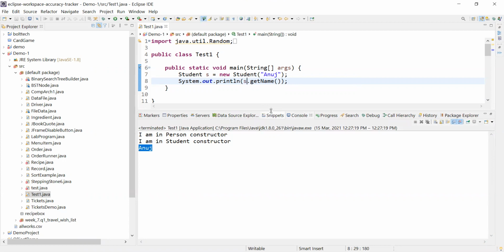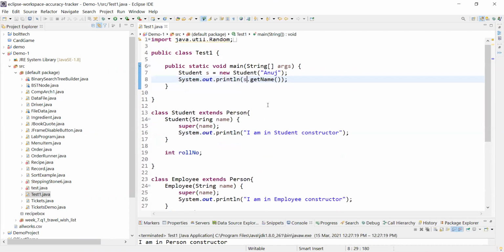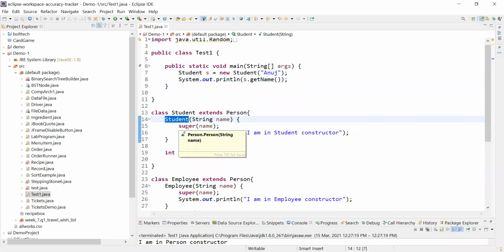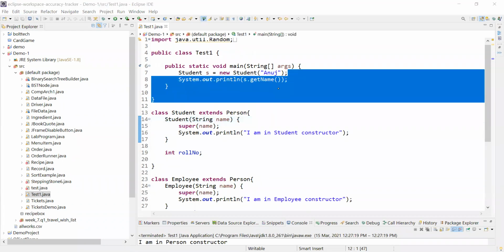But if you see in the code, what we did, we are calling student object, student constructor, right? Inside, when it is here, it will directly go inside parent class constructor. So from this line, it will come here. Here it will find a super call and it will look for the parent class constructor, which is basically, I cannot scroll for, give me a moment, let me do it again.